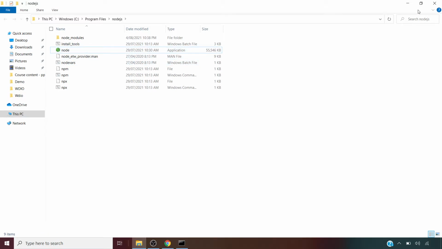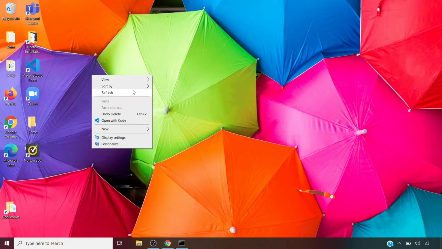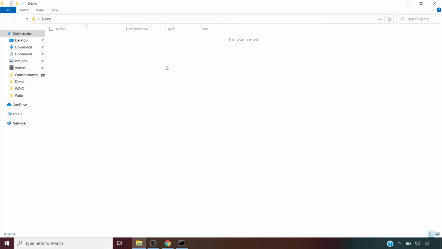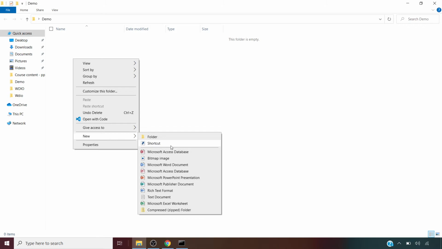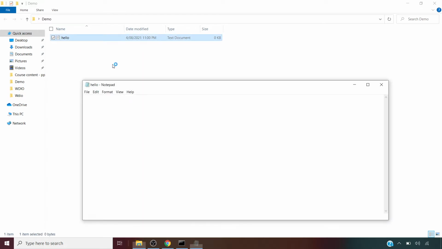And another quick thing is, because we know that node.js will execute the JavaScript, the simplest way we can confirm before installing any editor would be to just create a simple file. I'm going to create a simple notepad, just naming it as hello, and then within that I'm writing a very simple command, console.log. This is a command, console.log will be used to print something in the console. So I'm just going to say hello world,